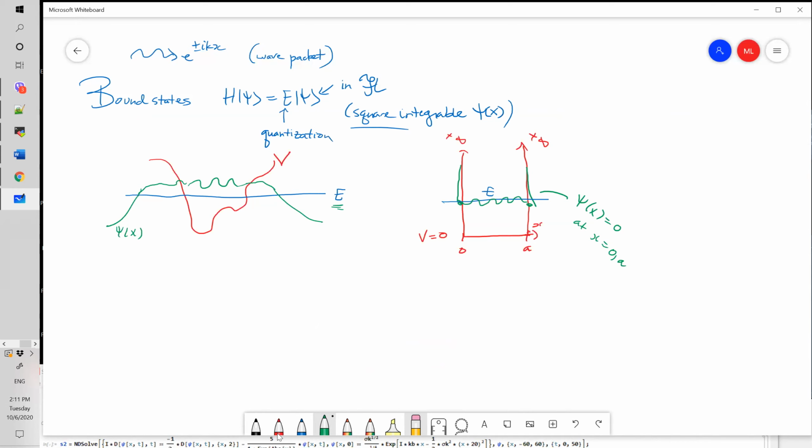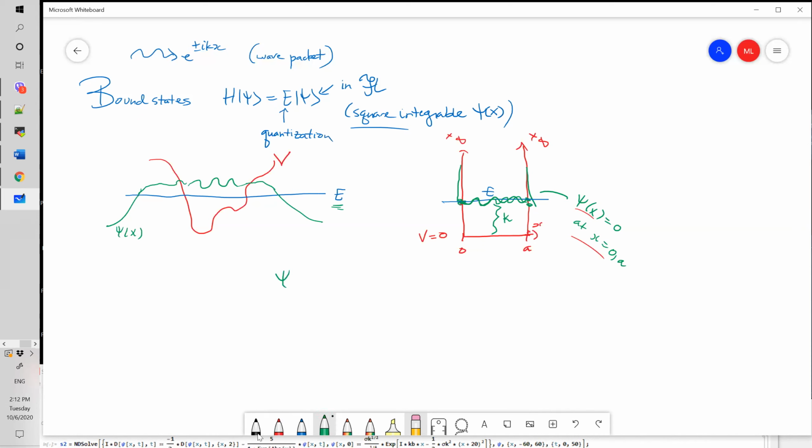we'll get oscillating solutions. The e to the ikx, where this would be the kinetic energy in here, and it'll be characterized by some k. And if we want it to vanish at these points, you can't just have any oscillations. The oscillations in here have to fit into the box. Otherwise, the wave function won't be continuous, right? So the boundary conditions here, that psi is 0,